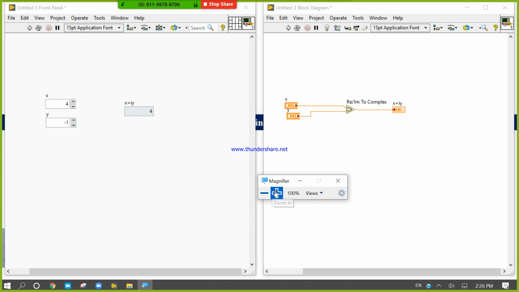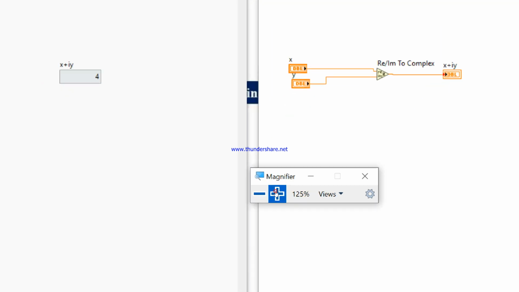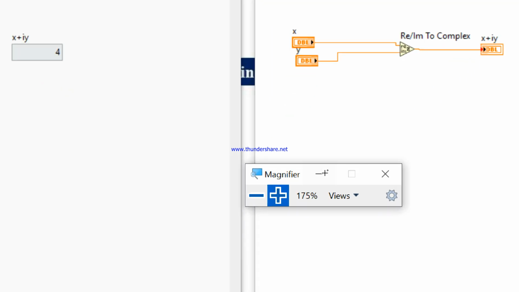Look here. Now you can see this magnifier.